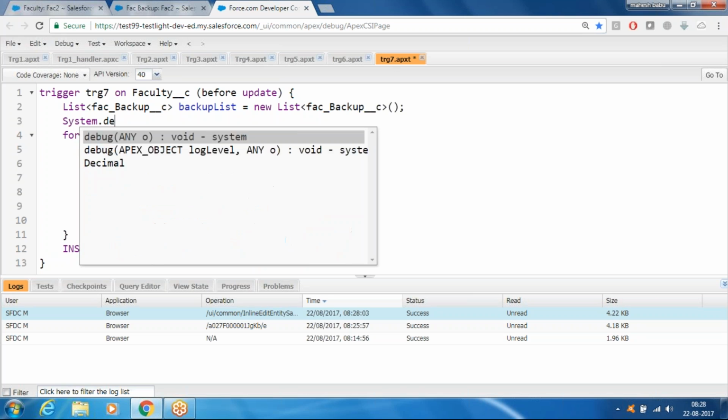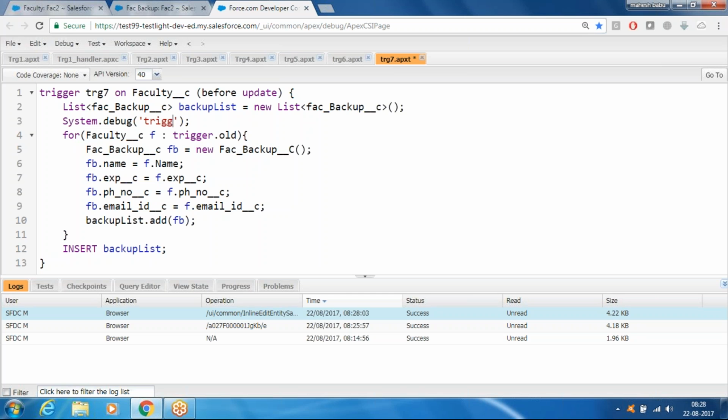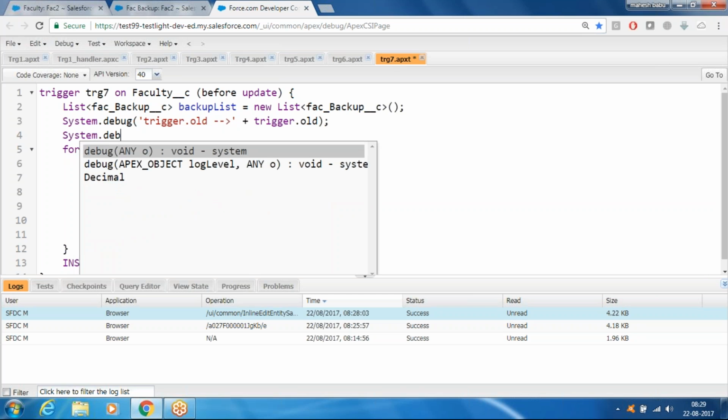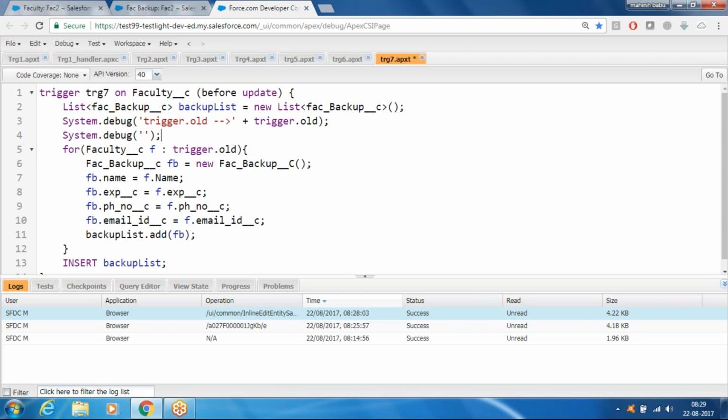So let me print here system.debug trigger.old plus trigger.old, system.debug trigger.new, trigger.new. Okay, and then